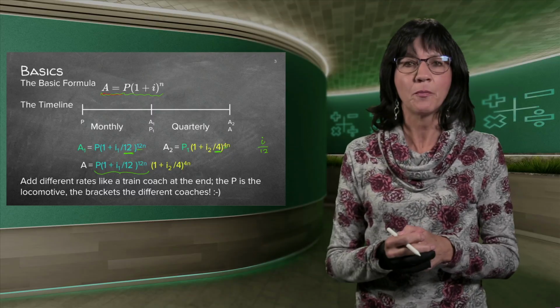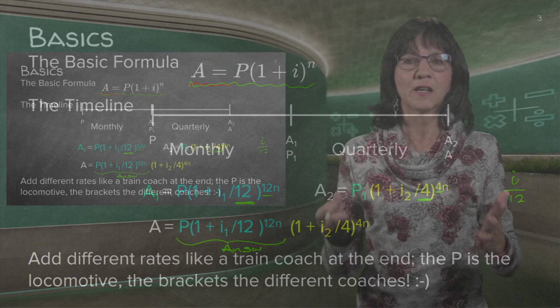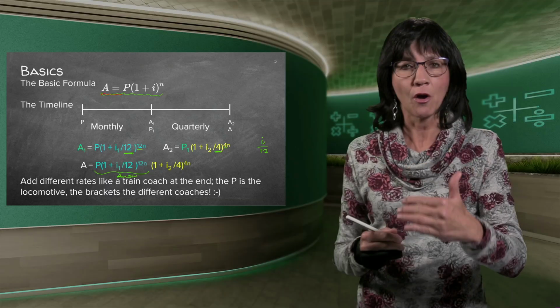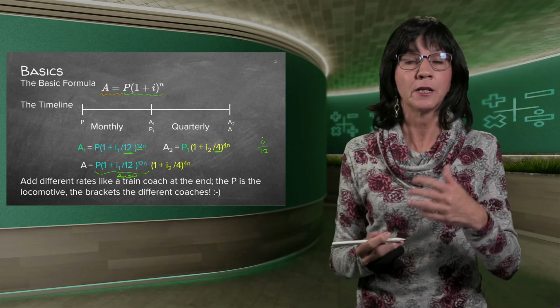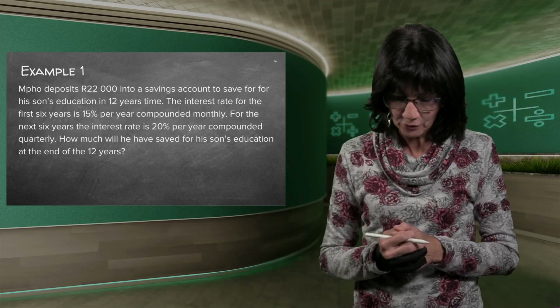So if you read the sentence at the bottom, it's like a train. The locomotive is in the front, it's the P, the engine, the start-off amount, and behind it is a lot of coaches. And every coach will have a different interest rate. So it's like doing a lot of different problems. If you get this green one's answer, you just multiply it with the new interest rate. And if it changes again, you put another coach at the back and you multiply it with that. Instead of doing a lot of separate problems, because remember, if you do different problems, you tend to round off and then you don't have an accurate answer in the end. It is possible if you slot in all your answers in your memory, but we'll get there if we do an example.